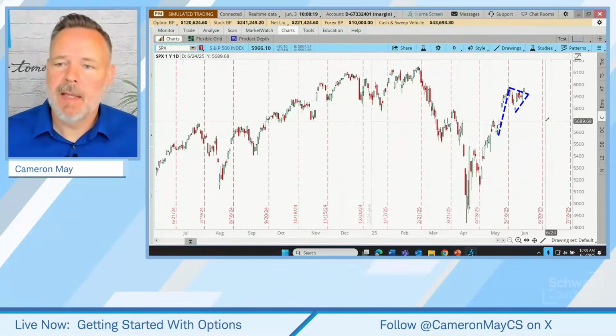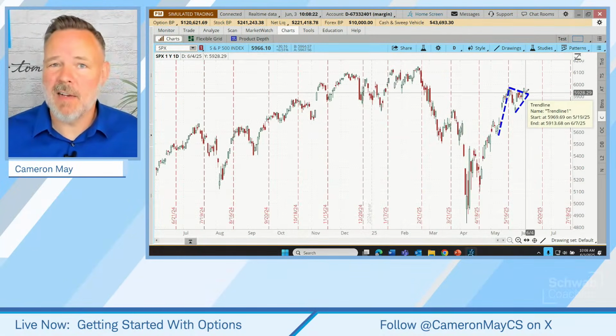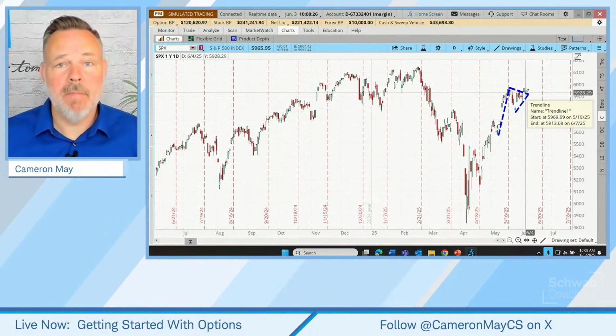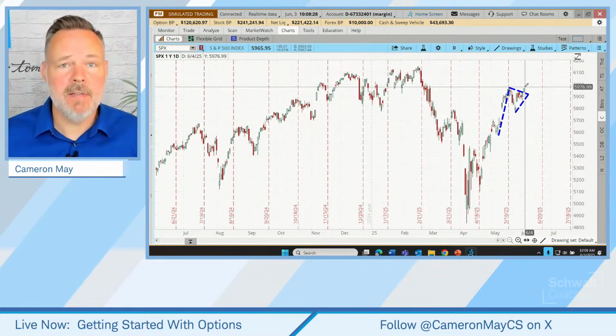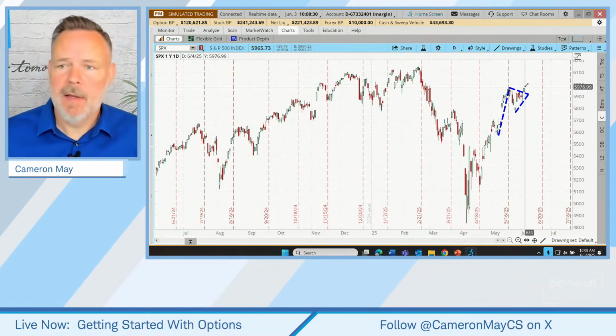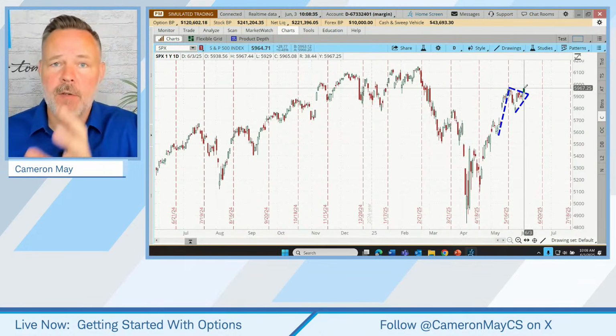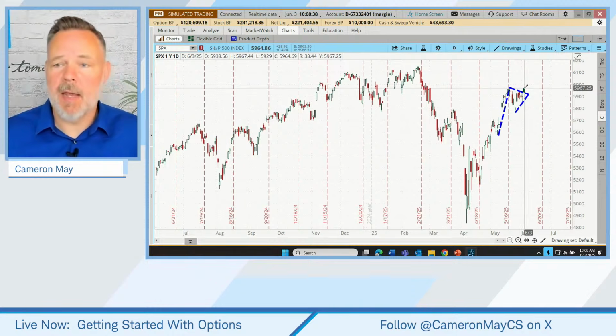So that's a little bit of an exaggeration with stocks. Higher S&P does not guarantee that all stocks are going higher, but it might improve the likelihood of success on a bullish trade. All right, so let's pin that as our first stop on using charts to plan our option trade.